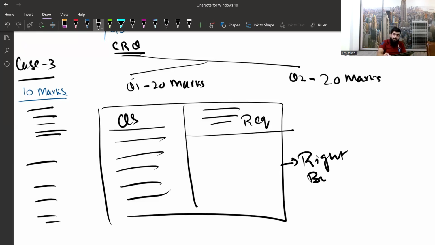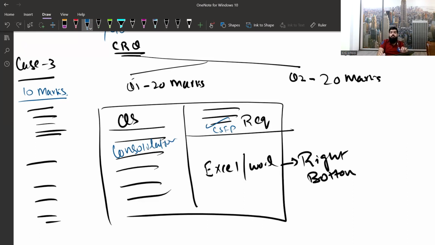there will be a response area, which means there will be an Excel sheet, or a Word file, by default. For example, if there is a question related to consolidation, the complete information or data will be given, and there will be a requirement. For example, the requirement is to prepare the CSFP, that is, the consolidated statement of financial position. So you need to draft that consolidated statement of financial position